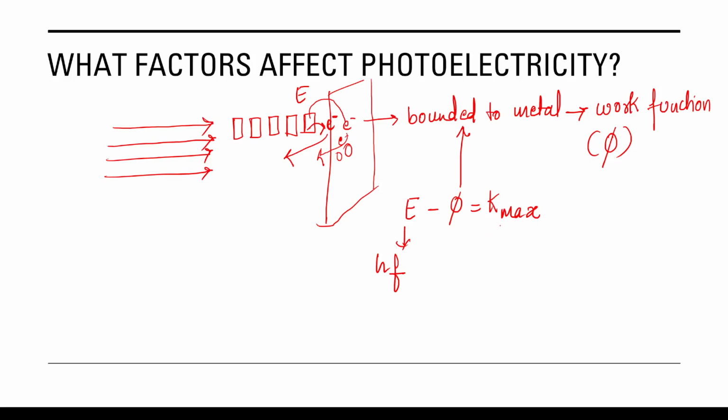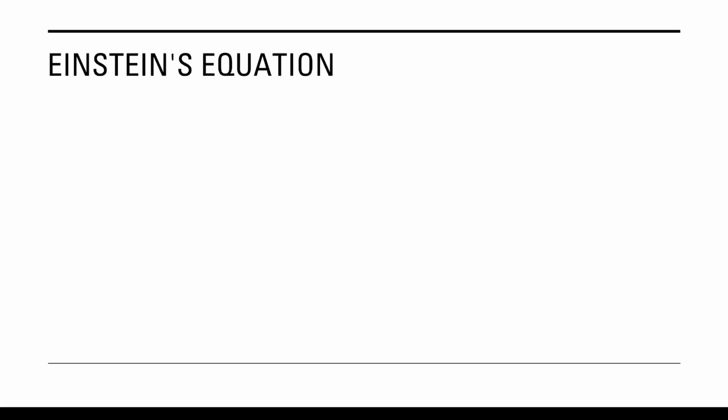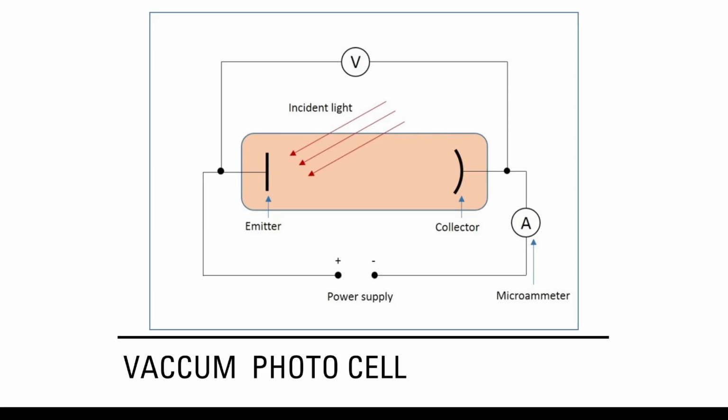Now we have a simple setup here. Okay, sorry, where's the setup? Here. So this is the setup. So this incident light, what's the condition? Suitable frequency, because if the frequency is not enough, your photon will not have enough energy to break the bonds of the electron. So once this packet falls on this, the electron breaks the bond, comes out, and